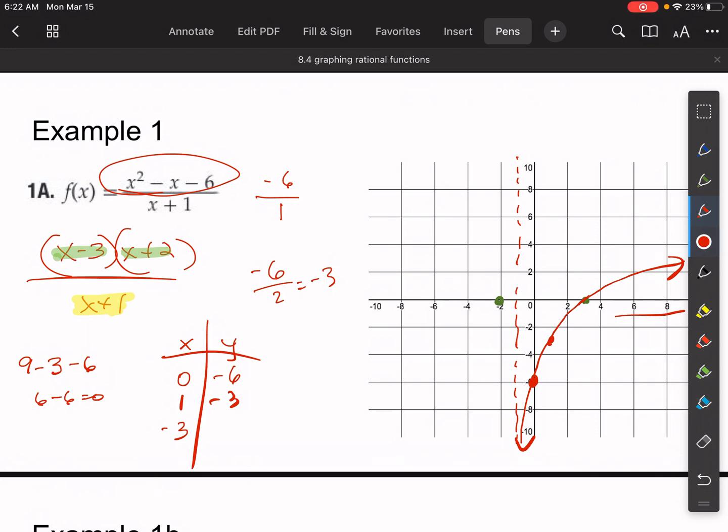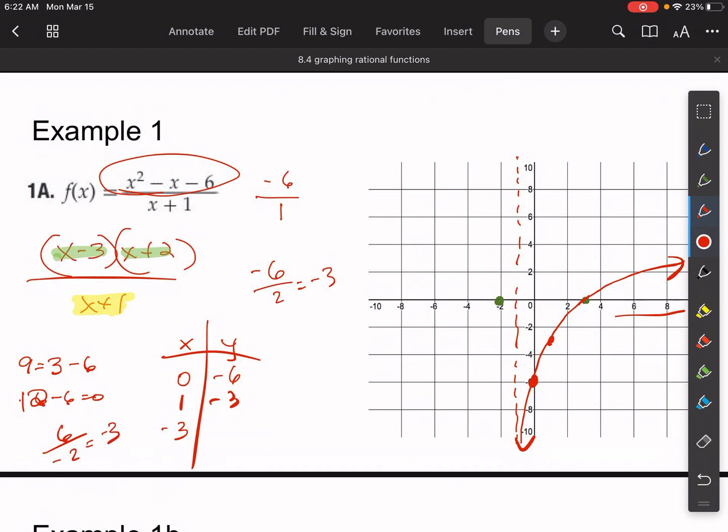-3 squared is 9. Oh, minus -3. Sorry, so that would be 12. 12 minus 6. Watch your signs there, like I just didn't. I mean, 12 minus 6 is equal to 6. 6 over -3 plus 1 is